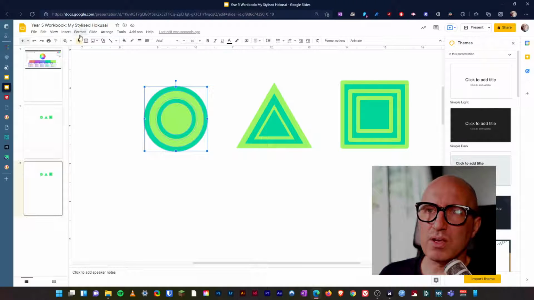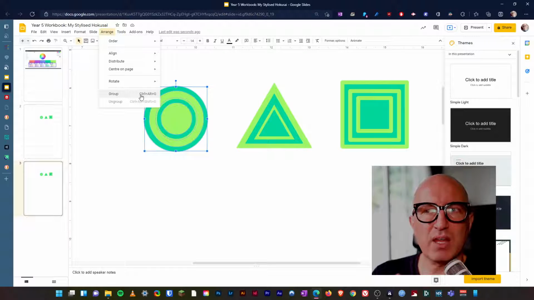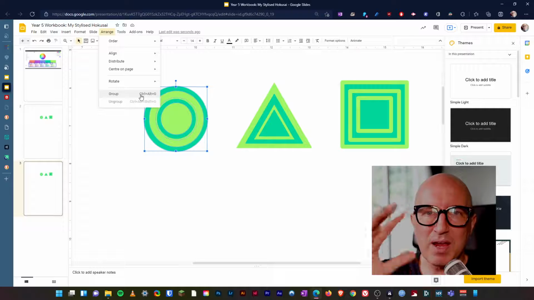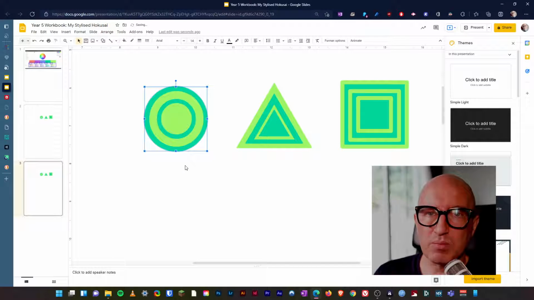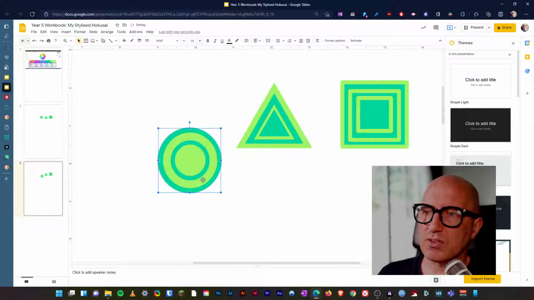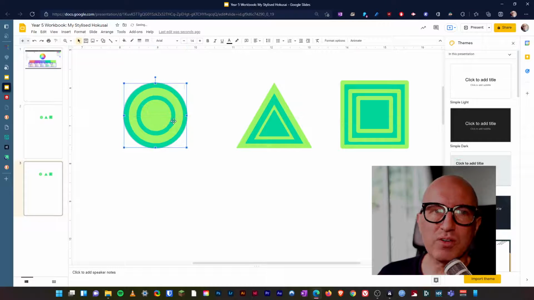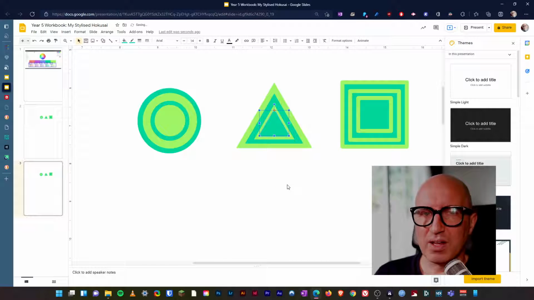What I need to do is, inside my arrangement, group my shapes together, because when we built it, it's got many different shapes inside it, okay? When I group it, it now becomes one picture, okay? So when I move this around now, and I pick this up, it's all joined together when I group it, okay? When I select this, it pulls it apart. Now this is going to be important when you come to make this